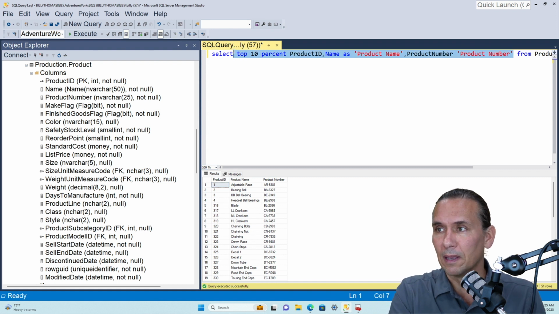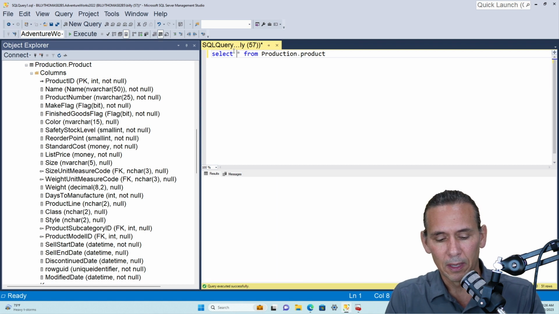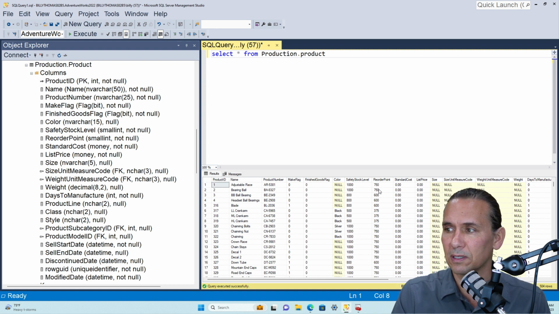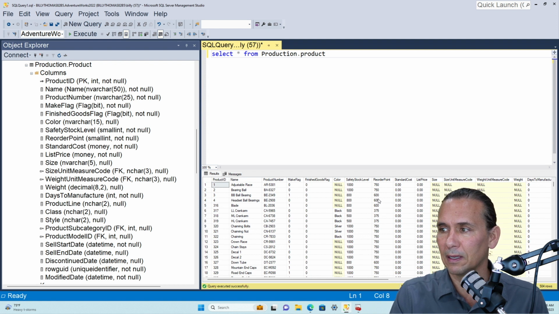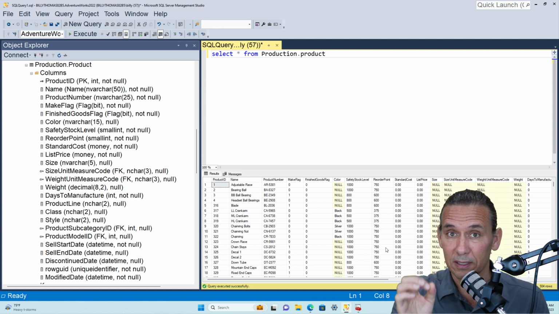And this comes in really handy if you're trying to profile data. By profile, it means you're trying to understand what's in a column. So you see this reorder point. See how there's lots of occurrences of 750 and 600, 375. They happen a lot. So out of the 504 rows, I want to see how many unique or distinct reorder